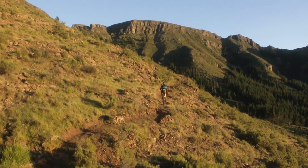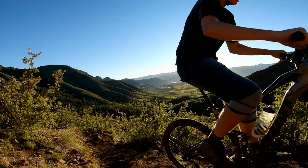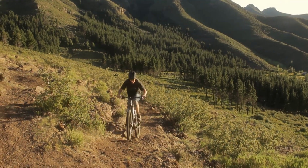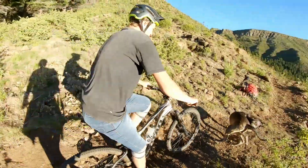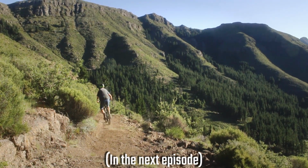I am happy with the progress we have made with our little hand-built trail network that we're choosing to call Project Raw. If you're new to this channel guys, this is Project Raw. We're building a little trail network, and in the next episode we start building our very first downhill trail within this trail network. It's gonna be epic. It rides well, I know, because we already did build it and that happened a little while ago, but you're gonna be seeing that next week